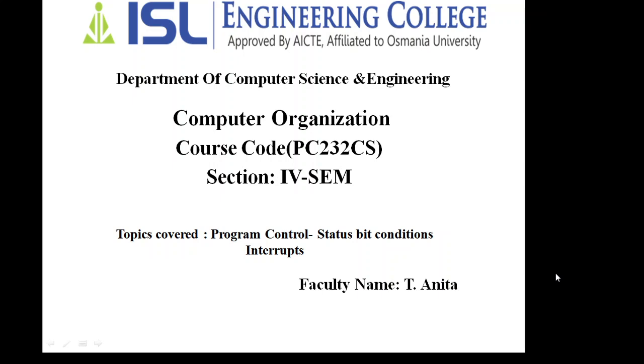So, what do you mean by a program control? The name itself indicates that these are the machine codes, these are the instructions, used by the machine or in an assembler language by the user to command the processor to act accordingly. That is the major purpose of the program control.